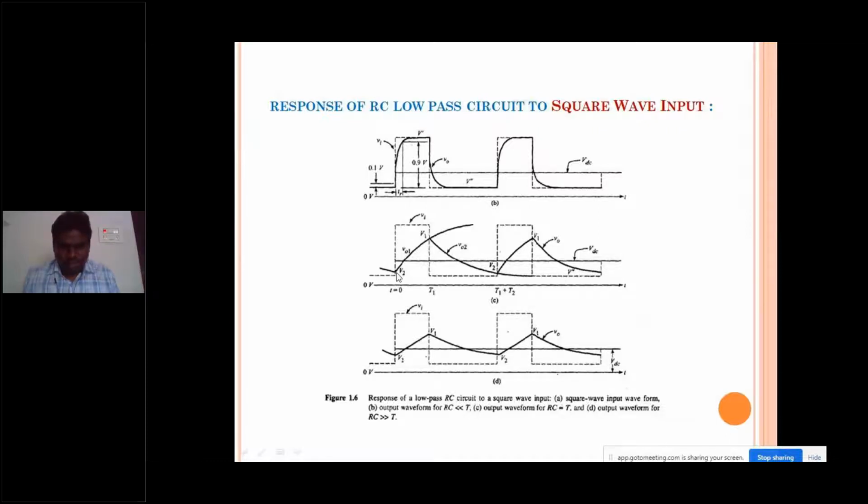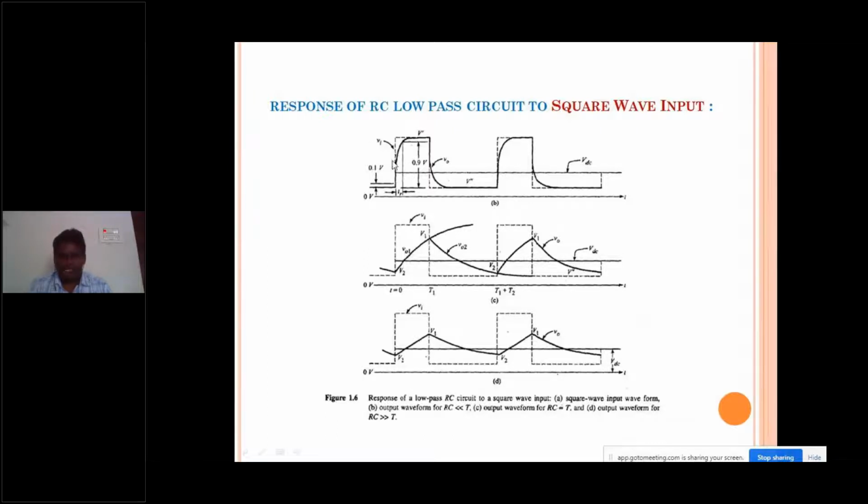You can see here, this is the positive step input. For the positive step input, this is an exponentially increasing curve. This is a negative step, this is an exponentially decreasing curve. What will happen at exactly time t equal to t1? This value is equal to V1. That is what was indicated in the previous slide. But exactly at time t equal to t1 plus t2, this value is V2. So this output waveform is shuffling between V1 and V2 voltages, and the output amplitude remains constant after some cycles. So this is the response.